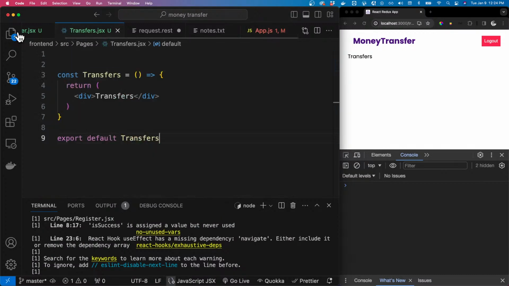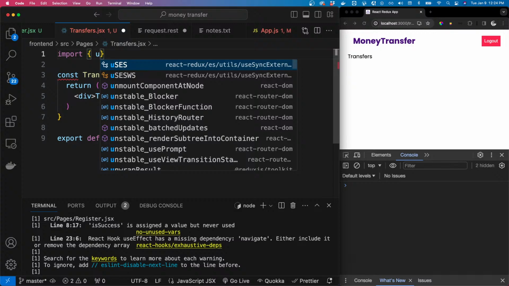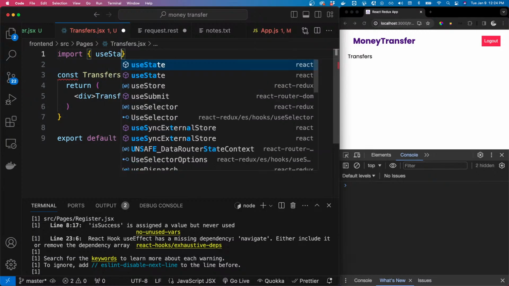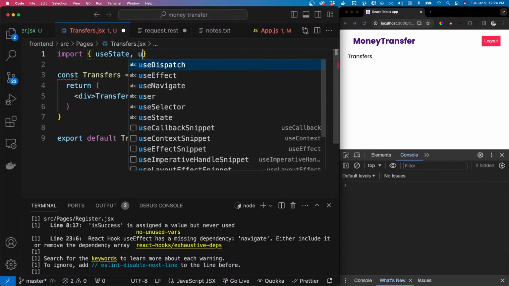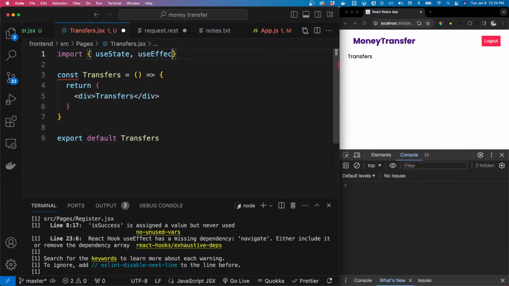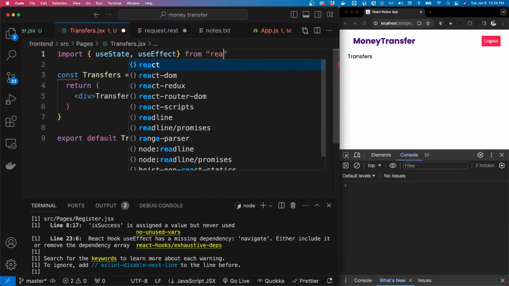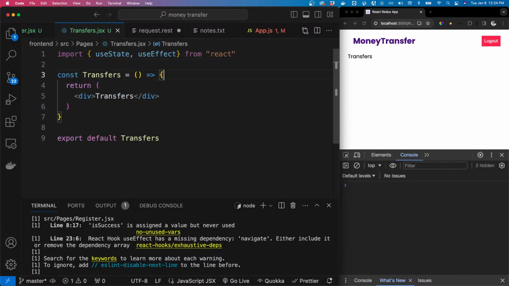Inside the transfers, what I want to do is, immediately we hit the transfers, get all the transfers of that particular user. So we then import useEffect, useState, then useEffect from React, and then